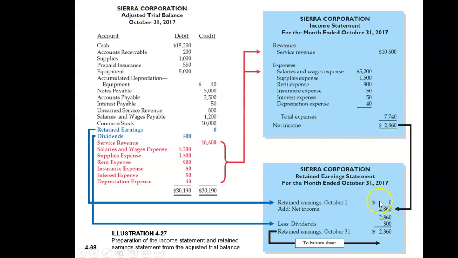The beginning retained earnings, if you follow the arrows, is coming from the adjusted trial balance. That amount was 0. Any dividends, again, follow the arrows, are coming from the adjusted trial balance. So we take our beginning retained earnings, add in our net income, less dividends to get ending retained earnings for